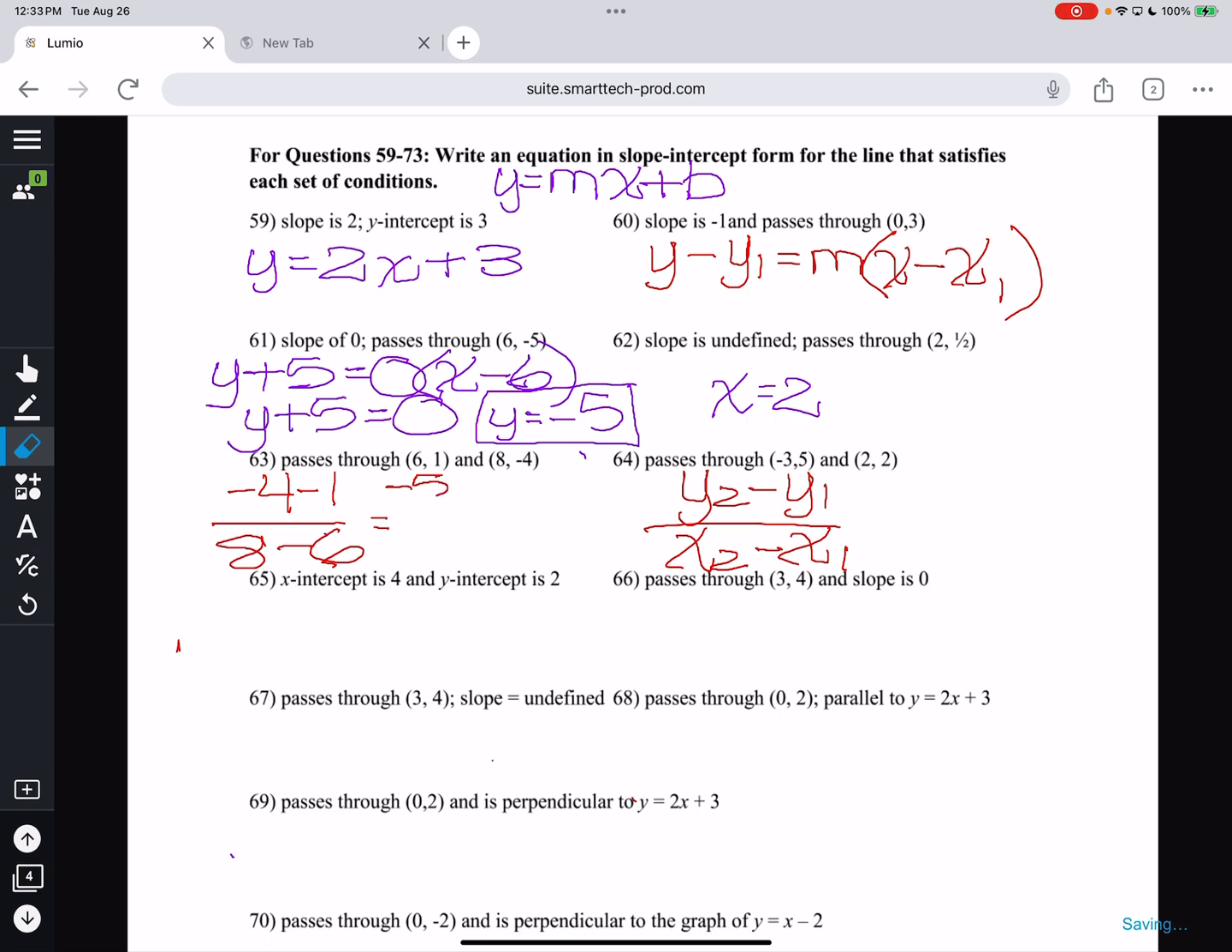Negative 5, and then 2. All right, that's your slope: negative 5 over 2. Okay? All right, then what do we do with that? We've only found the slope. You do y minus